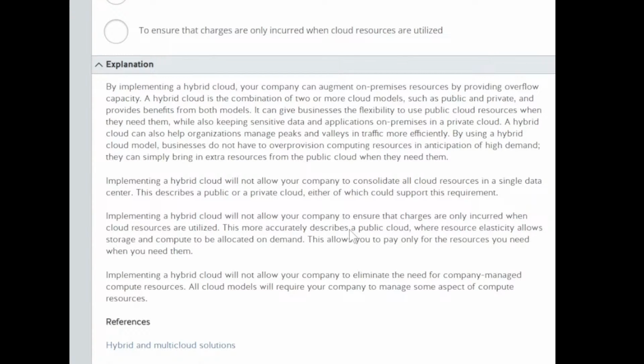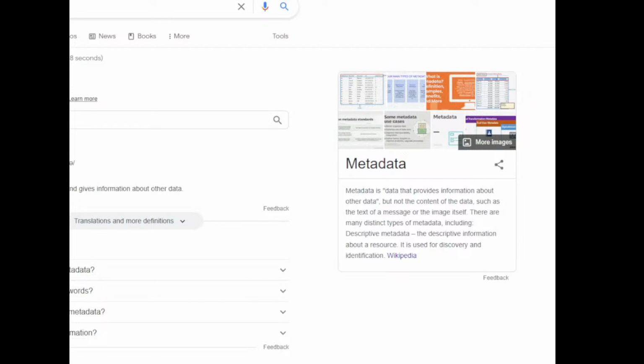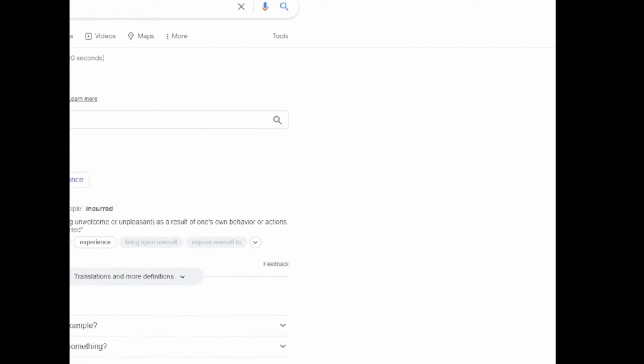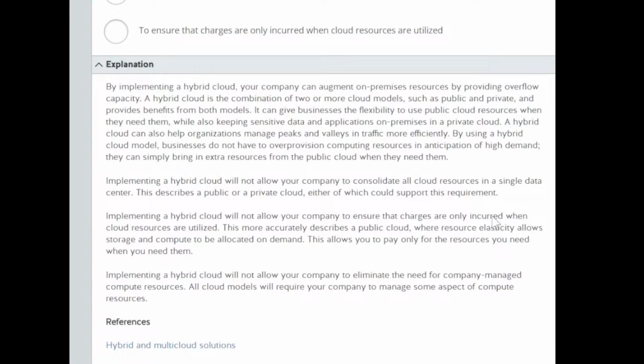Implementing a hybrid cloud will not allow your company to ensure that charges are only incurred when cloud resources are utilized.